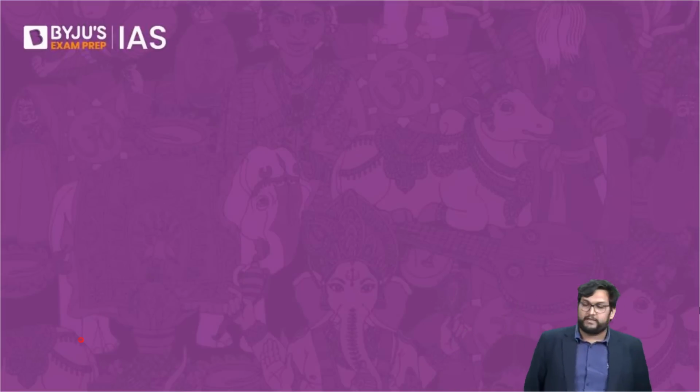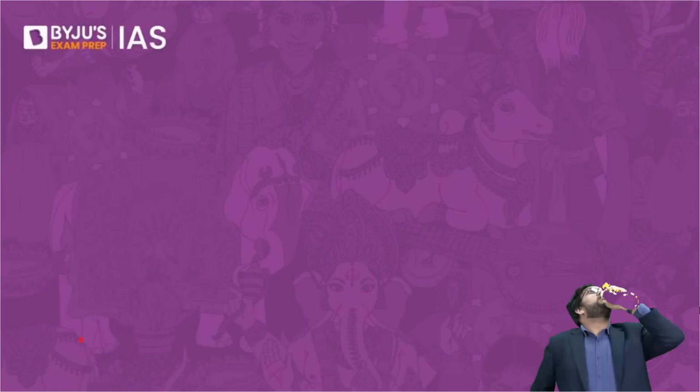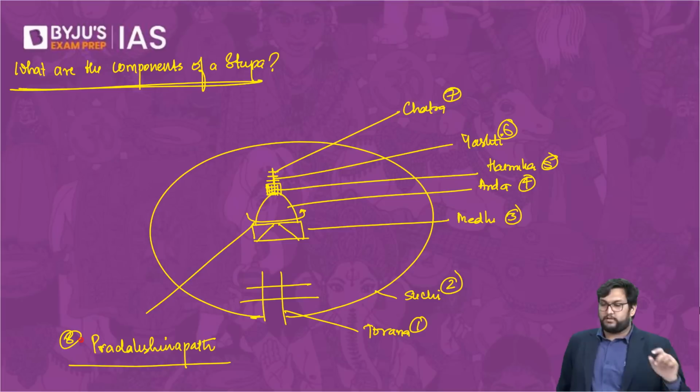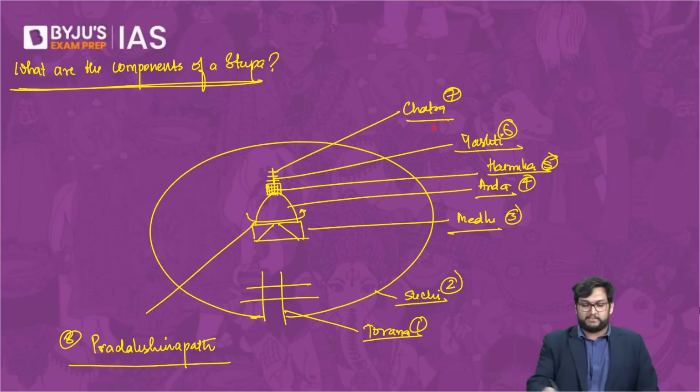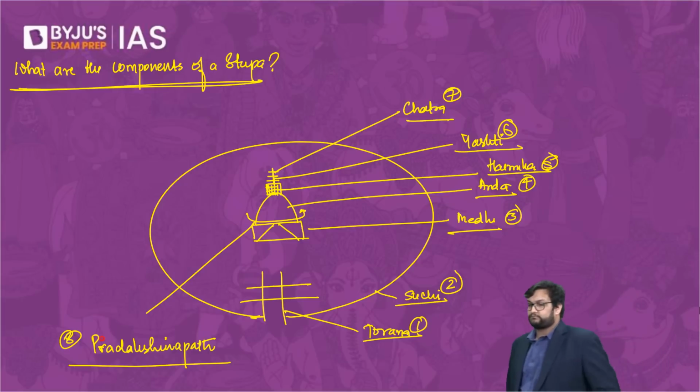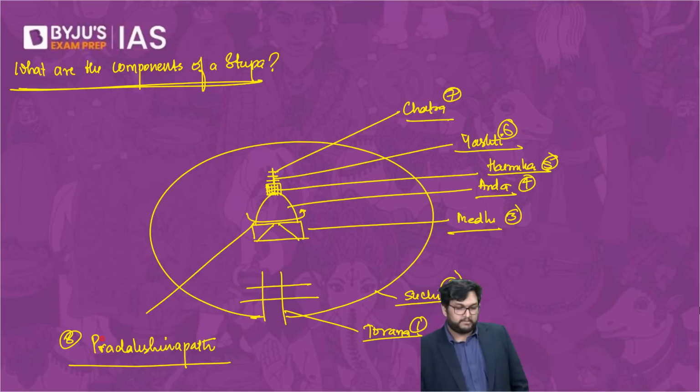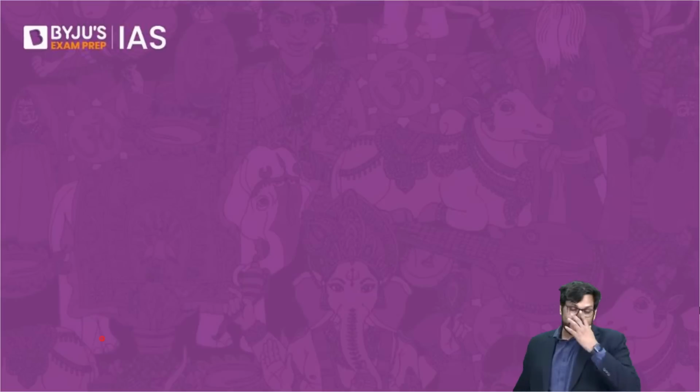Still have to make it in 30 seconds. Not more than that. Look at the names: Torana, Suchi, Medhi, Anda, Harmika, Yashti, Chhatra, Pradakshinpat. Now, see, in India,